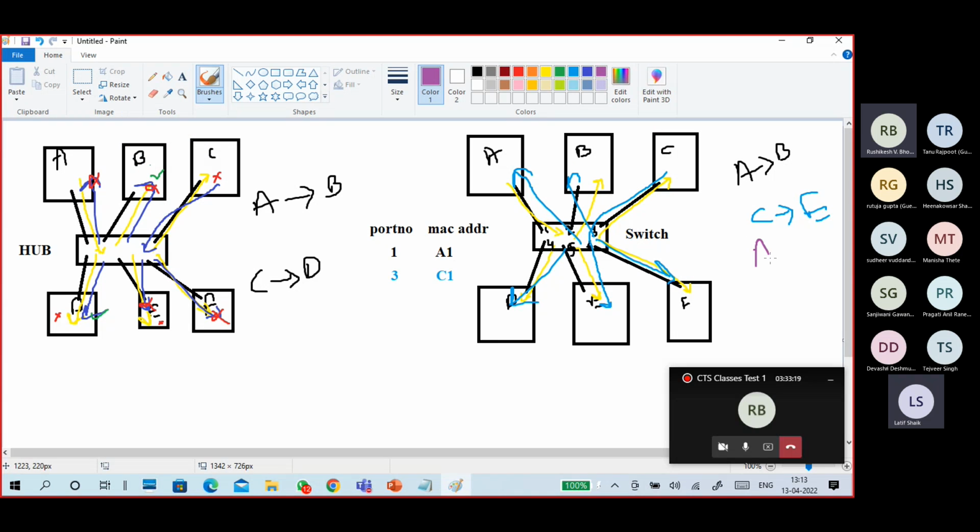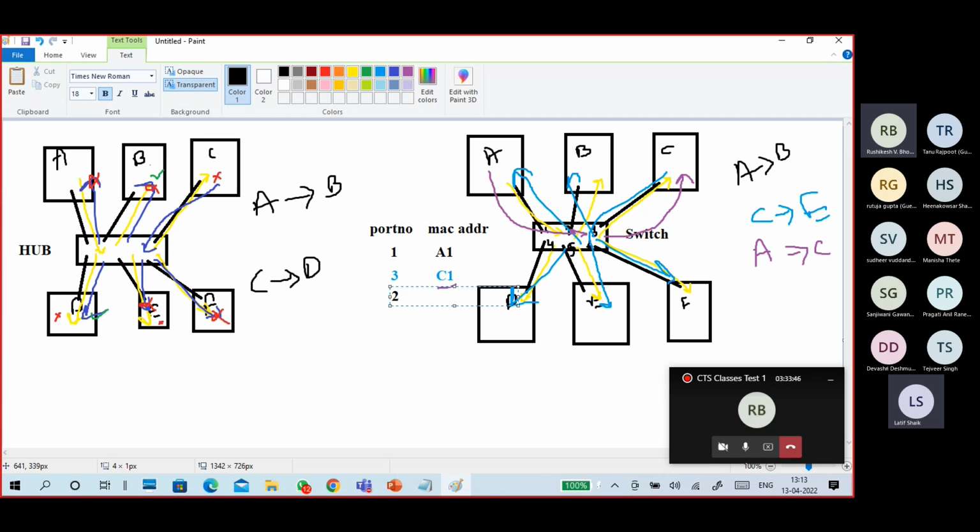Now A wants to communicate to C. A sends a packet to the switch and it directly gives it to C. How? Because we have C's MAC address and port number. Once the MAC address table is created, we can easily communicate between devices.